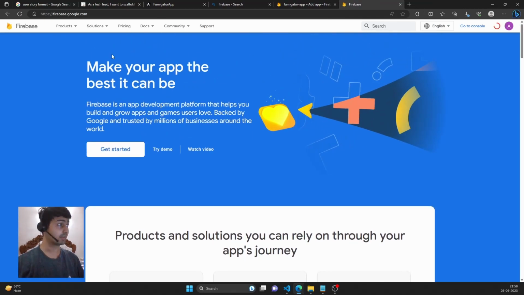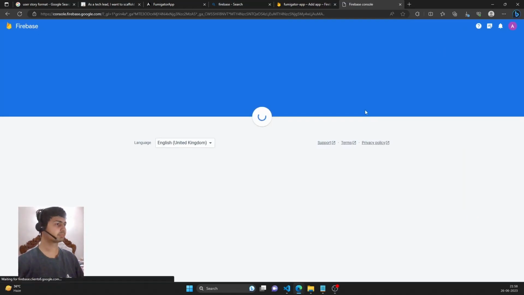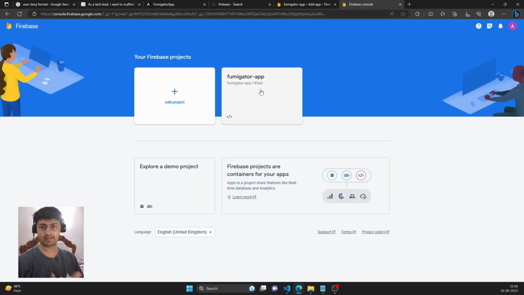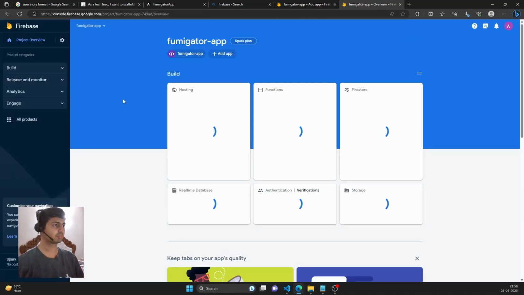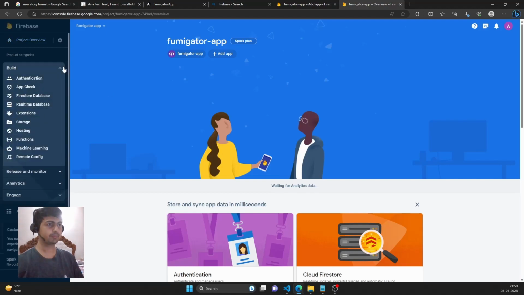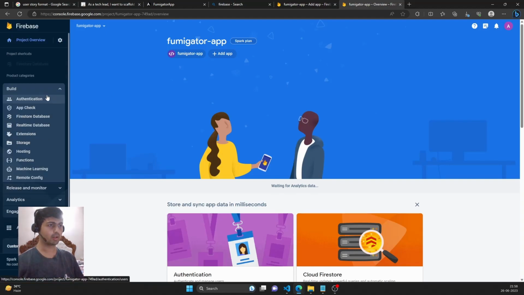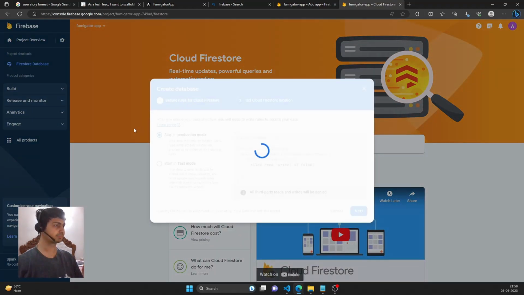We're going to go to Firebase and do some more setup activities. On the top right, there's go to console. So click on that and choose your application, Fumigator app in my case. And we are going to create some resources. So go to the build section on the left hand side navigation menu and click on Cloud Firestore. Let's create new,